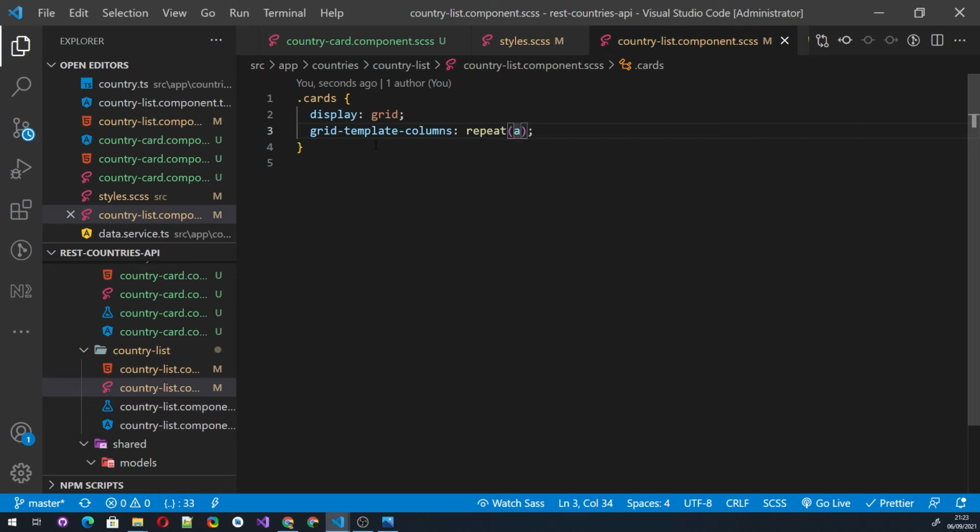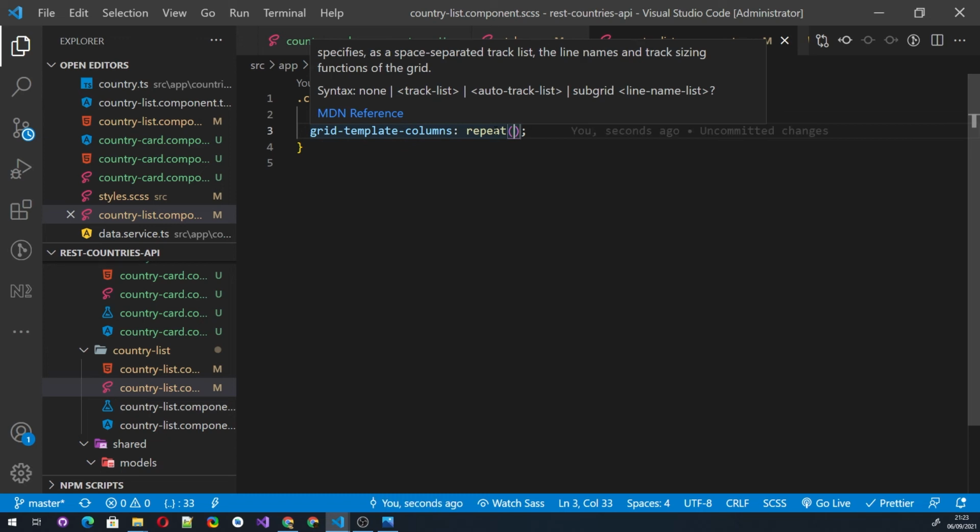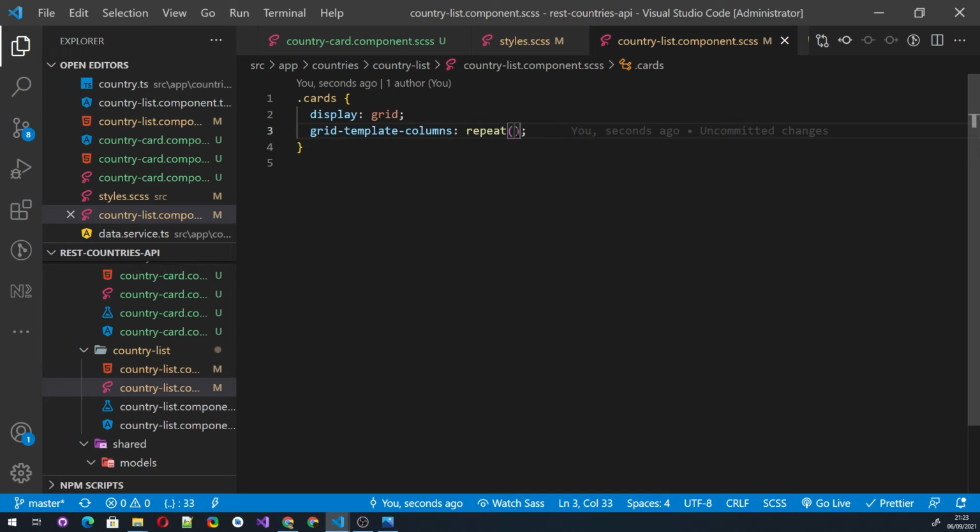And looking at the repeat function, again, this is not a video about CSS Grid, but just to show you. Here we want to set it to auto fit, so just fit as many as you can fit using the size that we're going to set. So fit as many cards as you can fit based on what we're going to set now. Here we're going to set the min max size. So the minimum